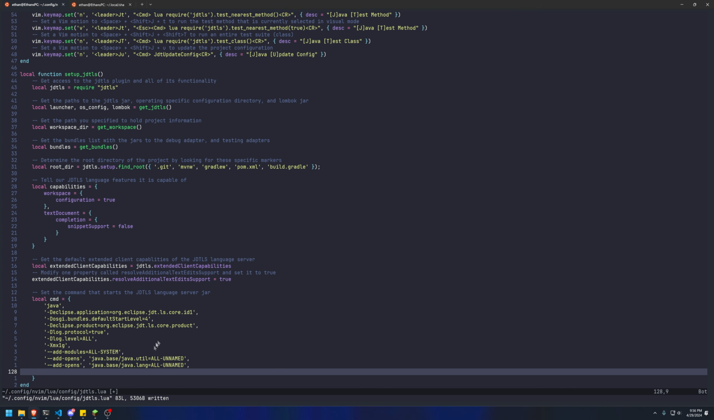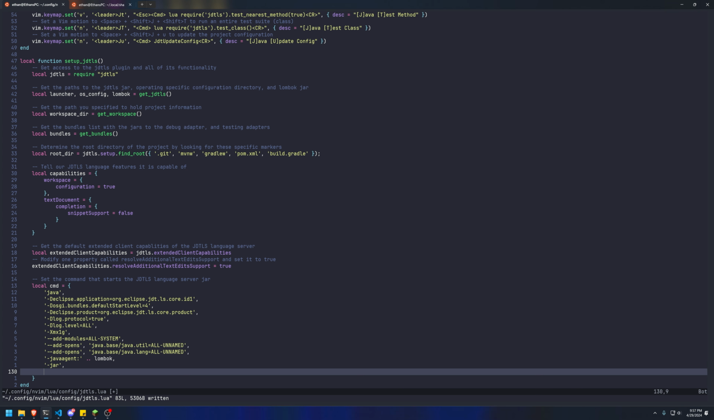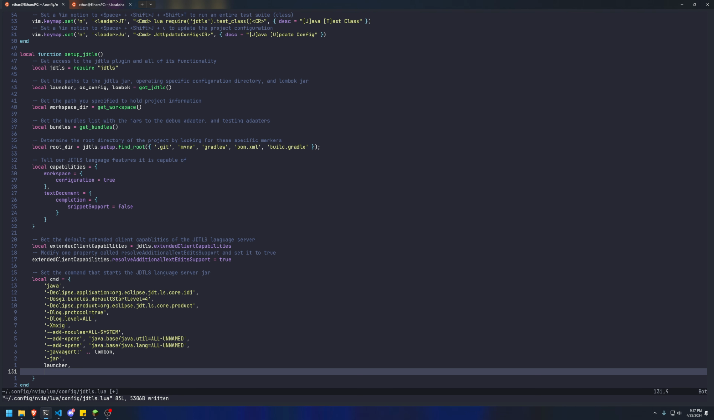agent, which is Lombok, which will basically use Lombok to go ahead and generate all the boilerplate code that we're trying to avoid. This can be -jar. So this is our entire command. We're running Java with all this data and -jar, and then we're actually going to go ahead and find the launcher. So it's going to go ahead and run the launcher jar, and we're going to go ahead and pass